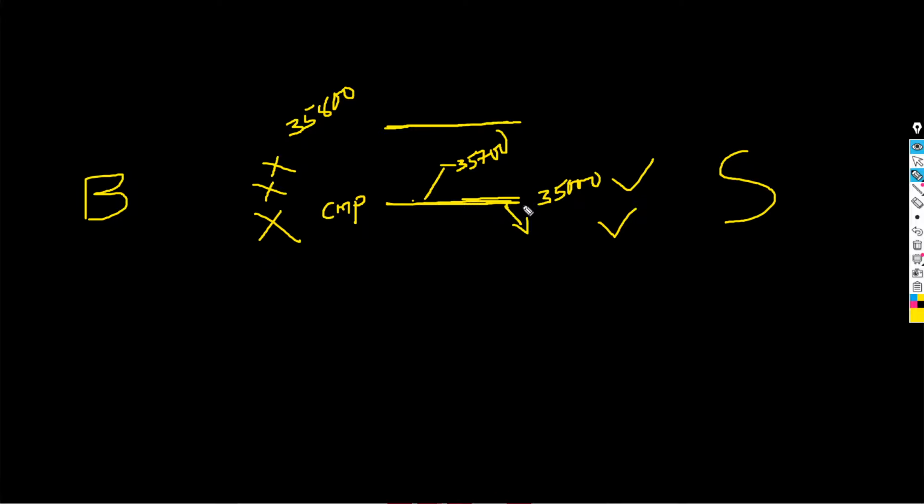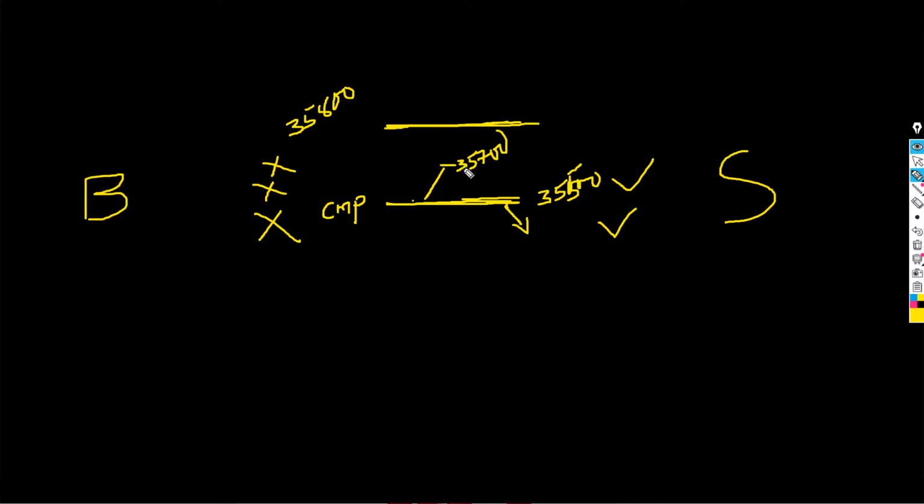Current market price is here. Majority of the buyers think that the moment they buy, even if the market makes 35,100, sorry, this is 35,000. Okay, my bad. Let's say 35,500, and you bought at 35,500. What the majority of buyers think is that when the market is at 35,500 and goes to 35,600, they are going to get a profit. No, because your strike is 35,800, so the market has to go above 35,800.